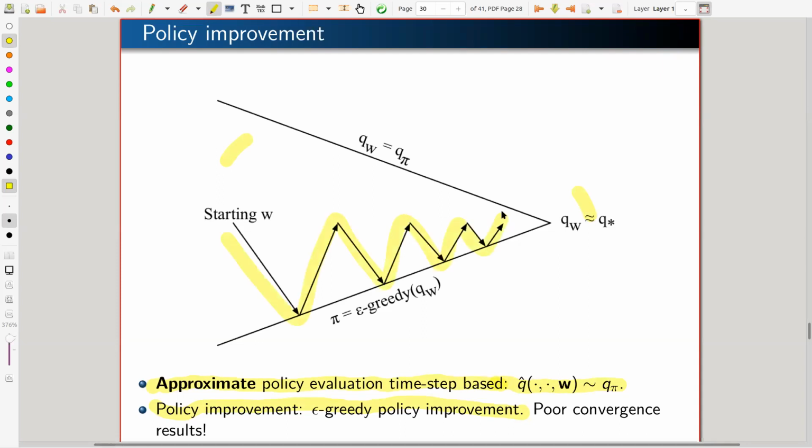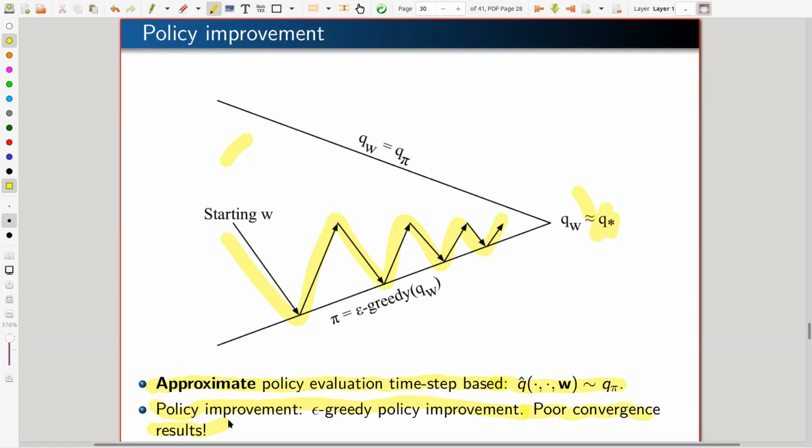Okay. And now we are asking, is it working with function approximation? In the tabular case, we had a theorem stating that eventually we would get closer and closer to the optimal value function. Is this happening right now? In this case, it isn't. Why is it not happening? And this is a question